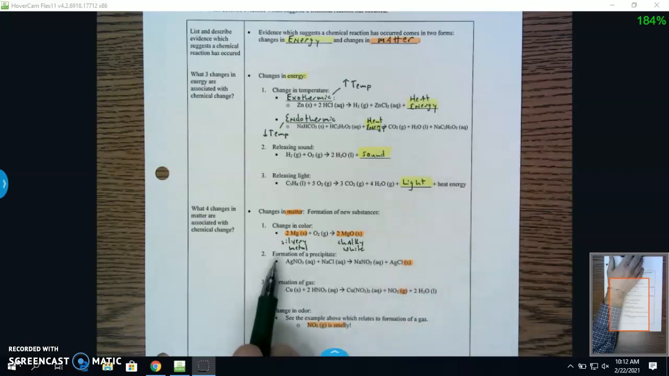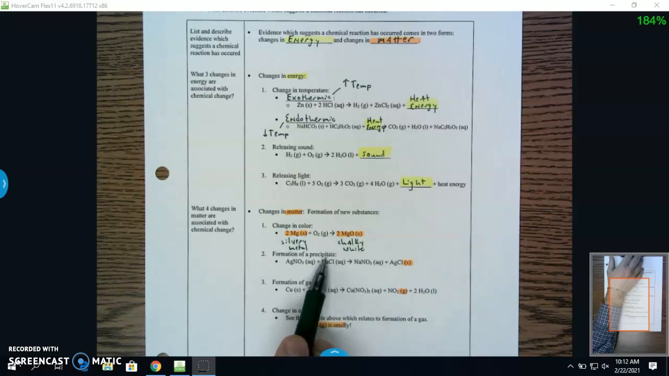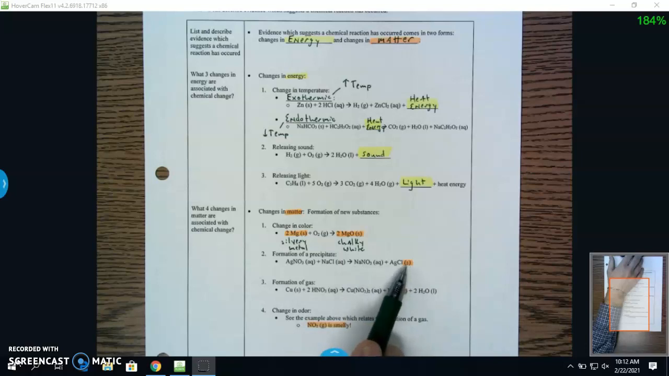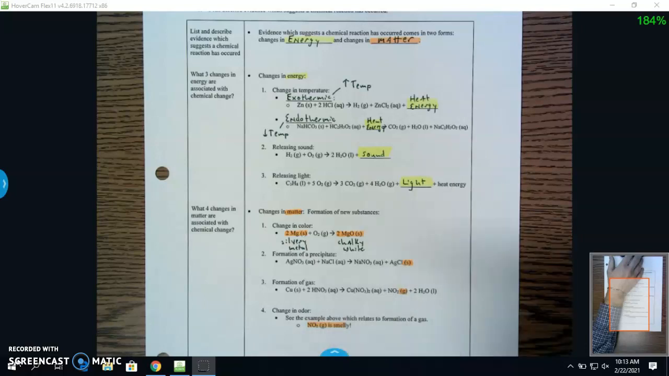All right, the next is formation of a precipitate. So precipitation, just like outside, rain, sleet, snow, hail, falls from high to low. It falls towards the ground, and precipitates in chemistry fall to the bottom of the reaction tube. So you can see we have silver nitrate in the aqueous state, and sodium chloride also in the aqueous state, and it makes aqueous sodium nitrate, but you also get this solid silver chloride. And the silver chloride will precipitate out of solution because it is solid, and it'll fall to the bottom of the reaction tube. So I'm going to put white precipitate,